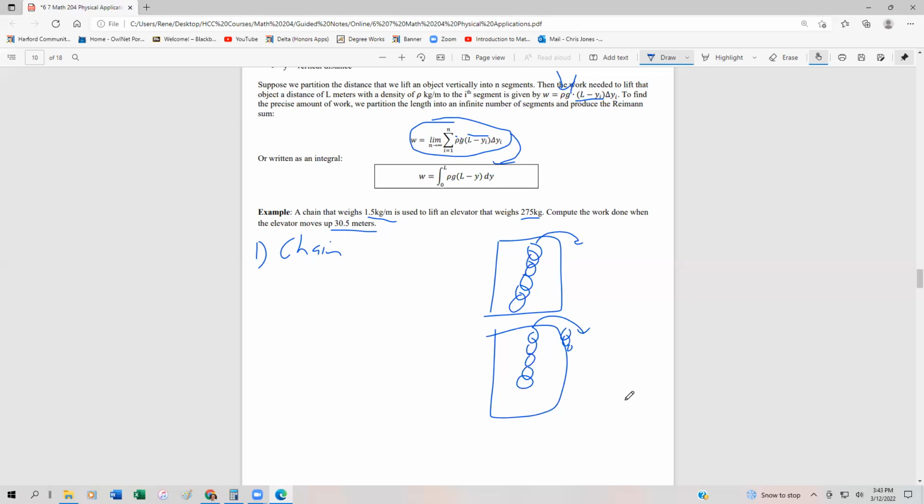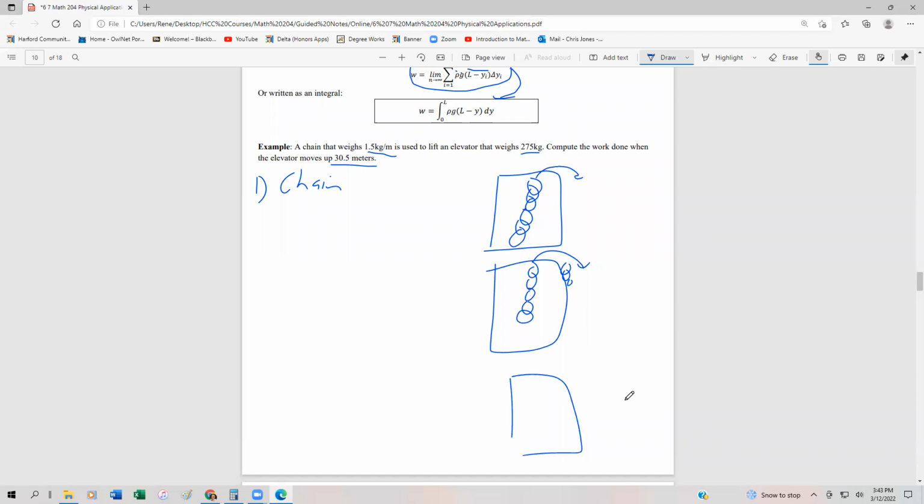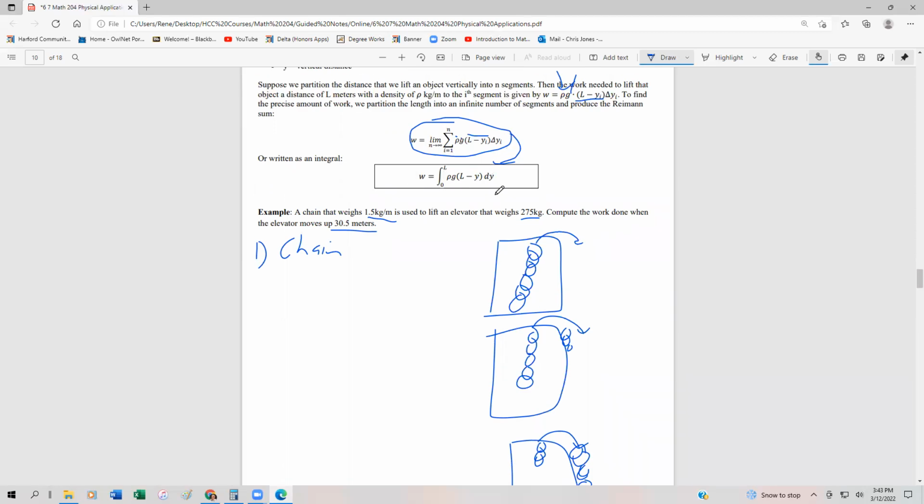And as it keeps going up the elevator, we're going to get less and less chain. So that means that it's going to be a variable force, a variable amount of work, that's going to be needed to pull this thing up. So to figure out the work necessary to pull this chain up,